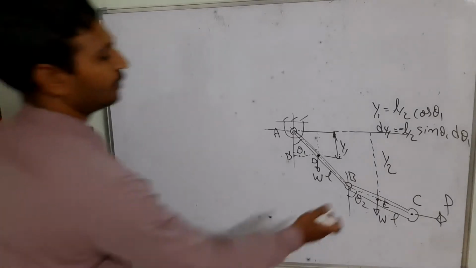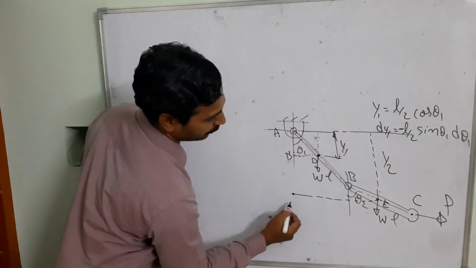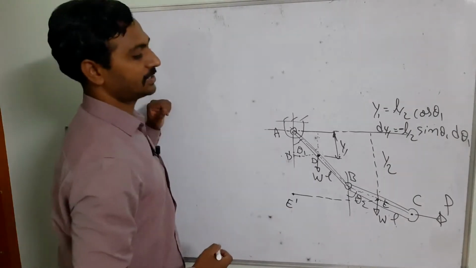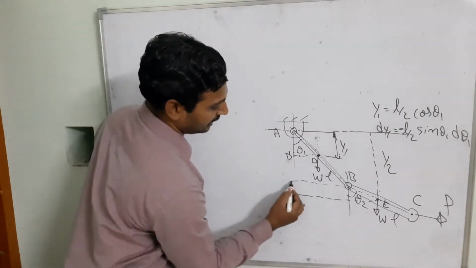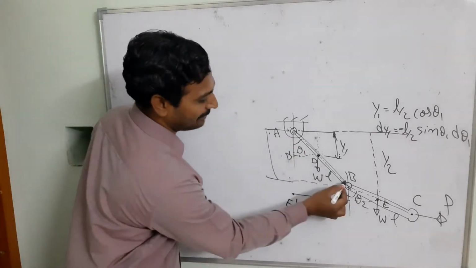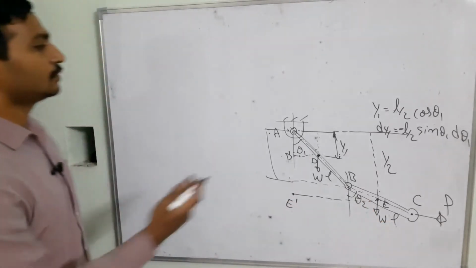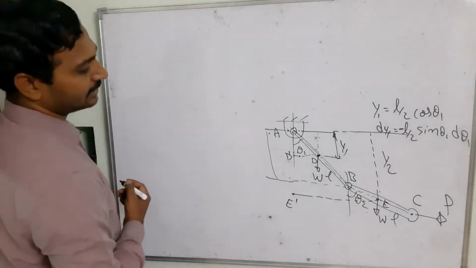So now we need to find out the y2. When I take the projections over here, I am going to get E dash, and similarly I am going to get B. It means that it is going to be completely related to your AB link and the remaining half is going to be related to your BC link. So then what I am going to get here,